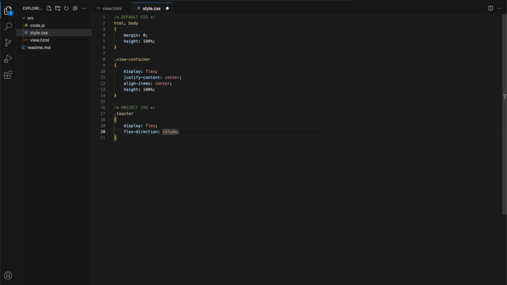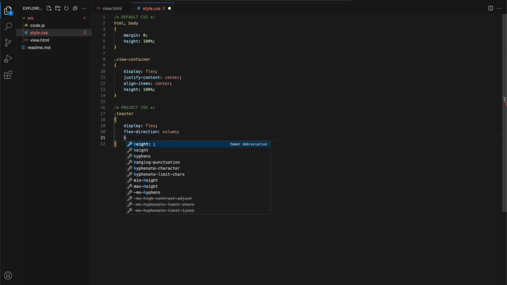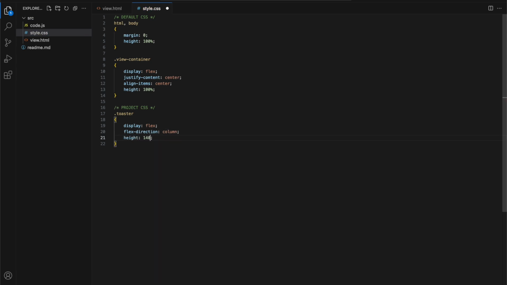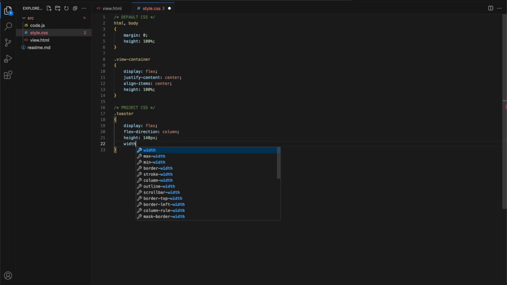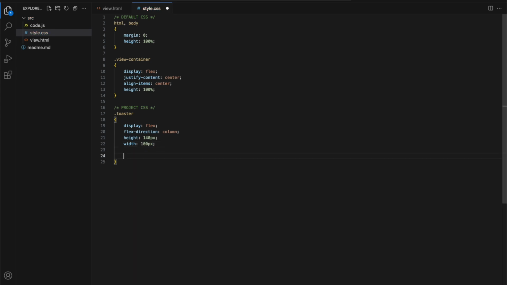So it kind of helps you by giving you some of those names already. We're going to give it a fixed height of 140px, and then we're going to give it a width of 100px. Okay. Now I'm going to give myself a little bit of space, and I'm going to go into another class,